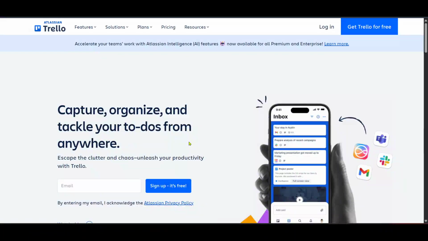In today's video, I'm going to teach you how to remove Trello members. This process will take just about 5 minutes, and I'm here to help guide you through it step by step. First, let's head over to the Trello website by entering the URL, or by simply searching Trello in your preferred